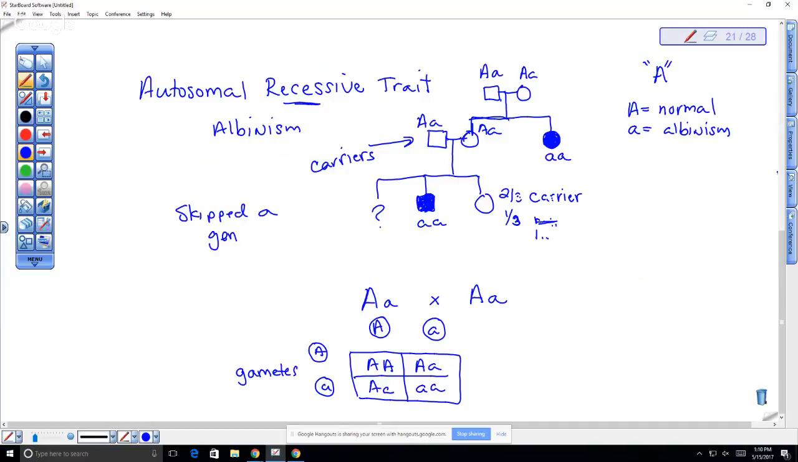That is common for autosomal recessive. So recessive traits tend to skip generations. So if we look at another example,